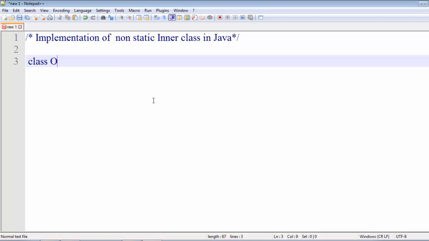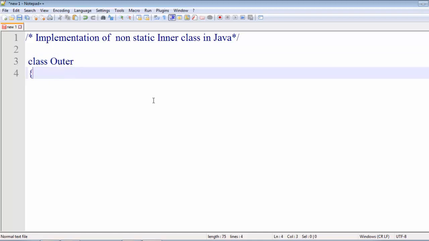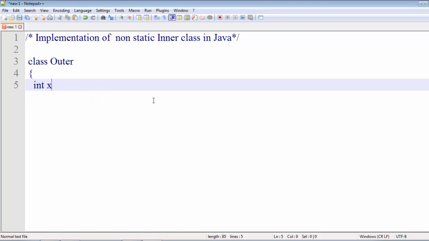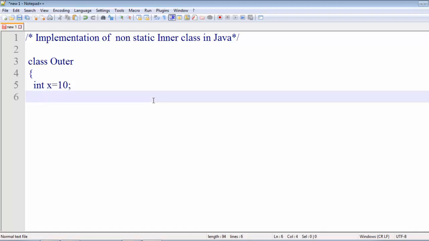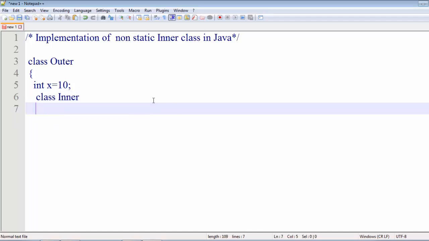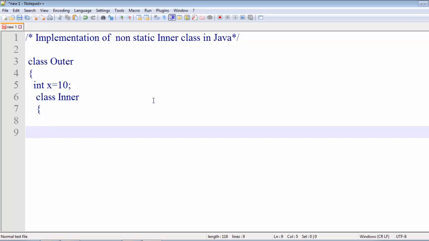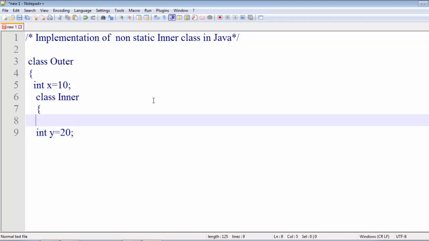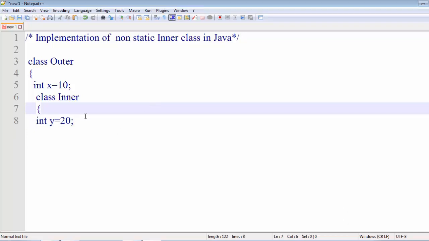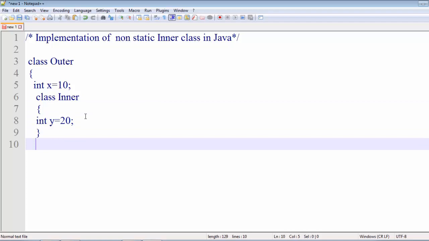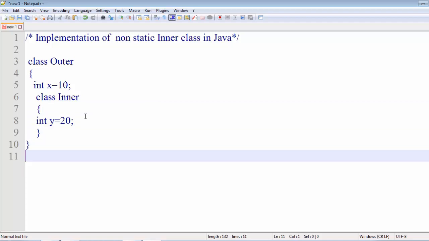So I create a class Outer and declare a variable x equal to 10, for example. Again, I create a class Inner and declare a variable int y equal to 20. Let's close this.